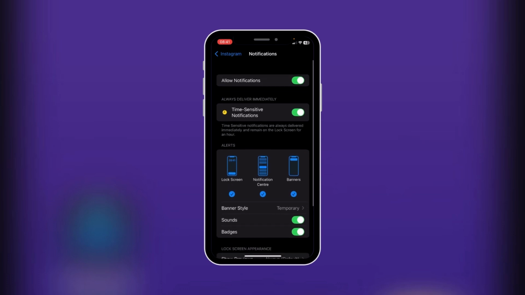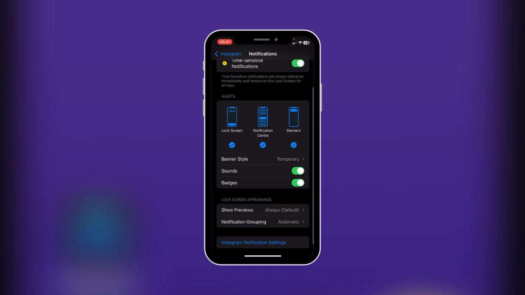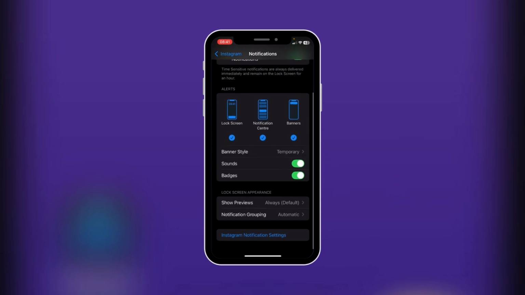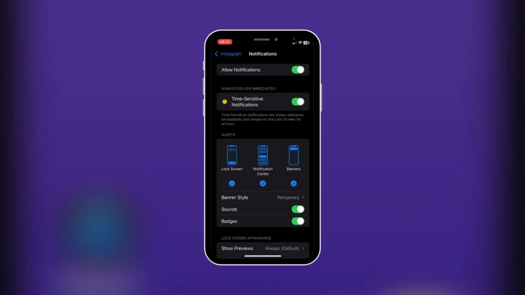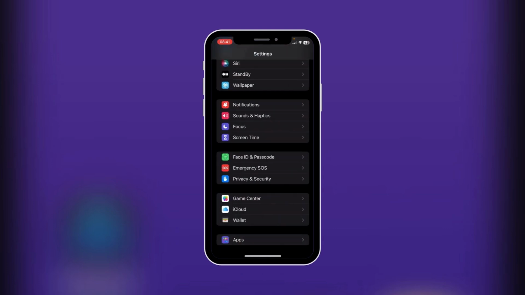You might have been searching for this, but we're hoping to get an update where you can change a notification sound for a specific app. If you'd like to go to Instagram notification settings, you will not see it there. So if you'd like to really change the notification sound for Instagram, that means you'll need to change it for other apps. In order to do this, you can go back to apps, go back again to your settings, and